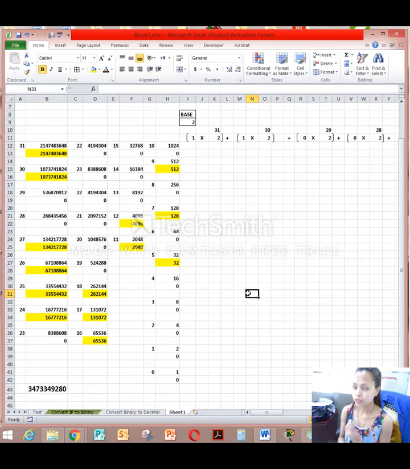As instructed from this lesson, we have to do it manually and just use a calculator for checking, but I am so sorry to say I have used the Excel sheet because, for obvious reasons, I am working and I have other stuff to do, and it would take a whole lot of my time, calculating and doing it one by one, each and every step. So I just used the Excel sheet for this, so it will make the procedure faster for me as well. So there you go. I hope this is the correct answer,